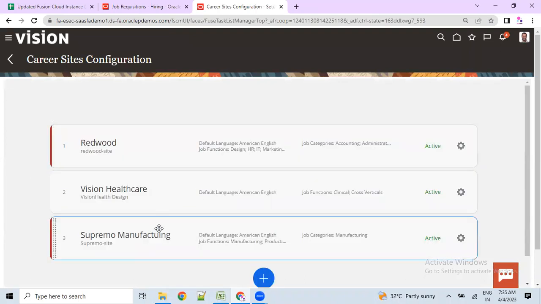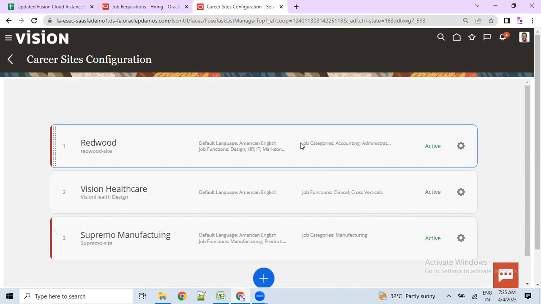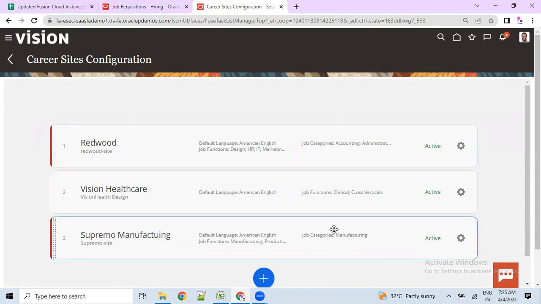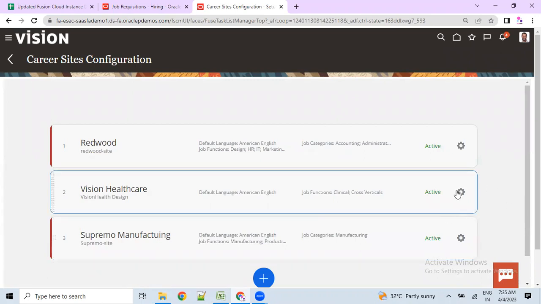Okay, so only three career sites were available. That too, they are maintaining only for some of the job categories. Because of that reason, we faced an error. Okay, so